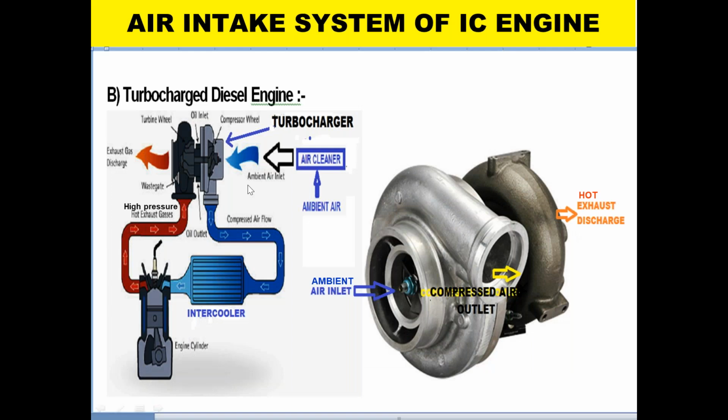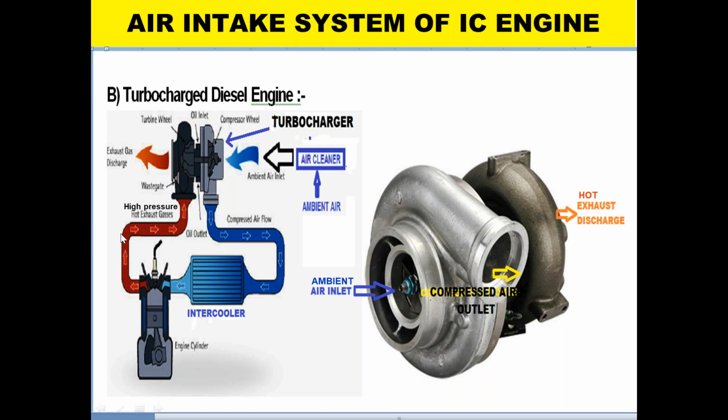Now the turbocharged diesel engine. See the turbocharger here, and this is the photographic view, and here I have shown the animated view. The ambient air enters the air cleaner. From the air cleaner, it goes into the turbocharger, and the compressor wheel is here. And this compressor wheel compresses. Compressed air flow starts from here, and it is cooled down in the intercooler, and here it is burnt, and